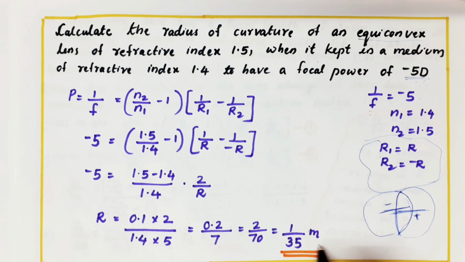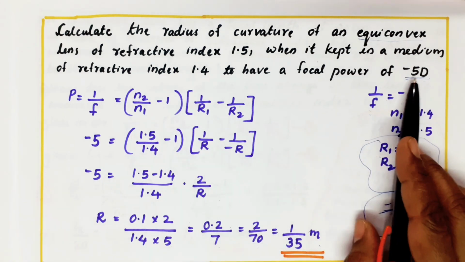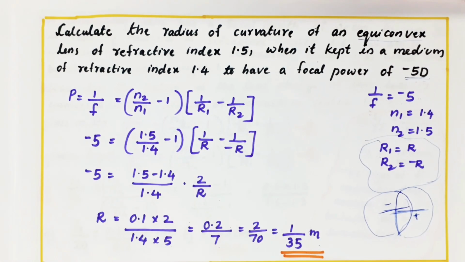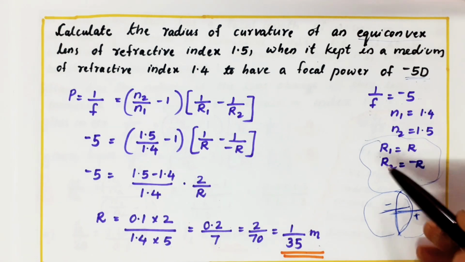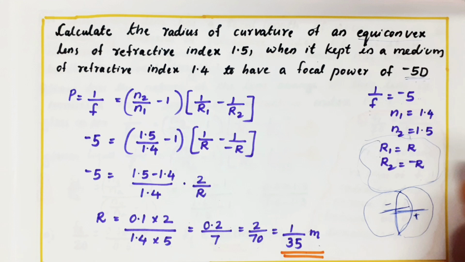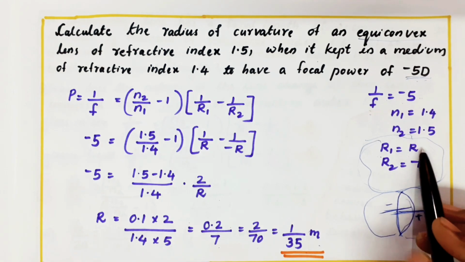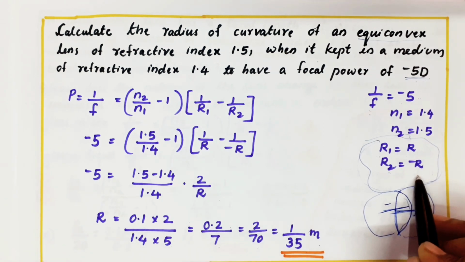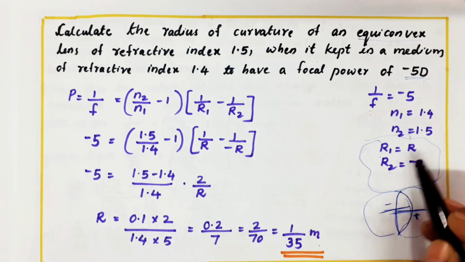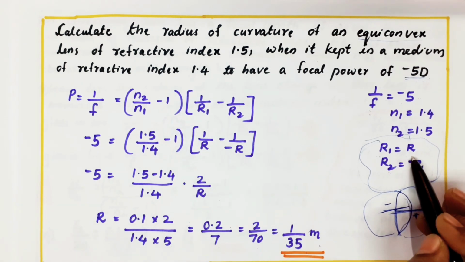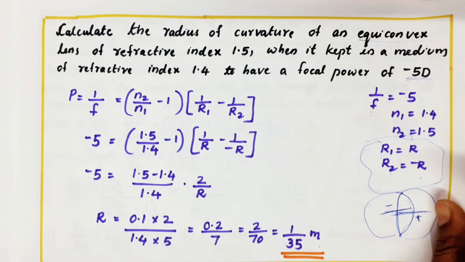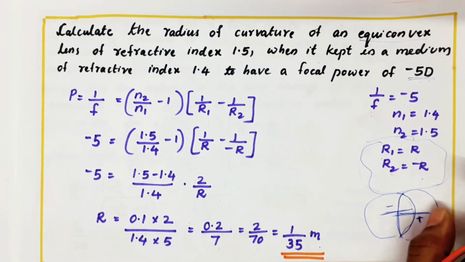So here you have to remember two things, how we are applying the diopter. I just substituted in the same form because 1 by f is power. Another one is, what is the convention of your equiconvex lens? R1 should be r, R2 should be minus r. If it is an equiconcave lens, just reverse. R1 should be minus r, R2 should be r. Okay, understood? Equiconcave is just reverse.